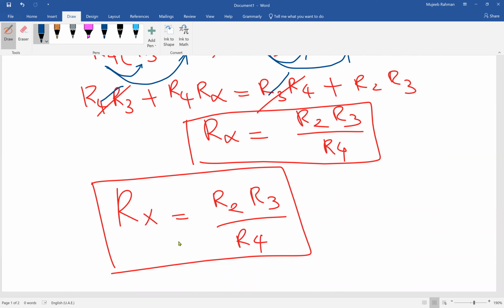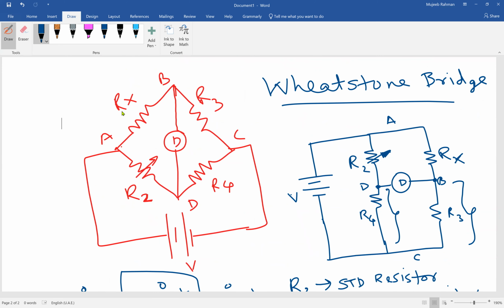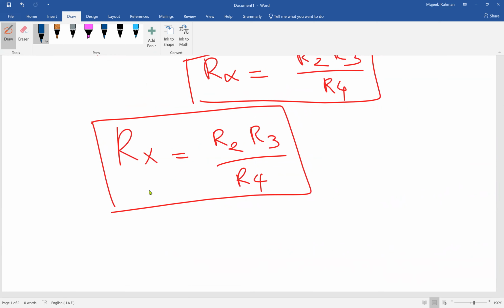This particular form is applicable only if you have a circuit with the same network connections. In the sense, you must have Rx, R3, R2, and R4 in the same pattern. Always remember this point, because if you change the orientation or the position of these resistors, the result also will change. The standard form also will change. One important point is that the resistors R2 and R3 are opposite, and Rx and R4 are opposite. If you follow this circuit connection pattern, then you will end up with the relation Rx is equal to R2 R3 divided by R4.